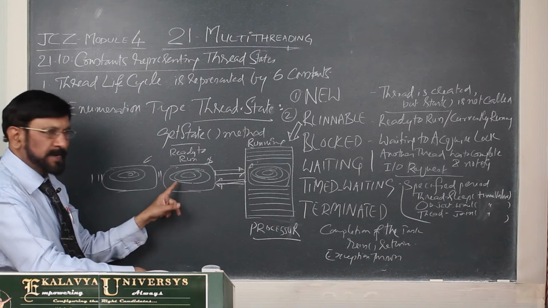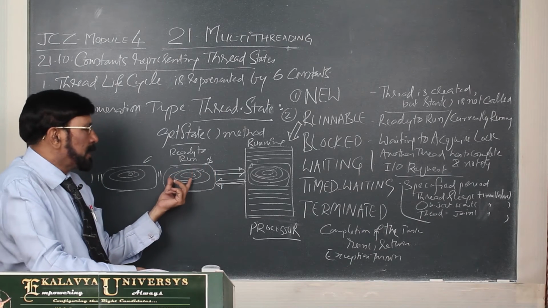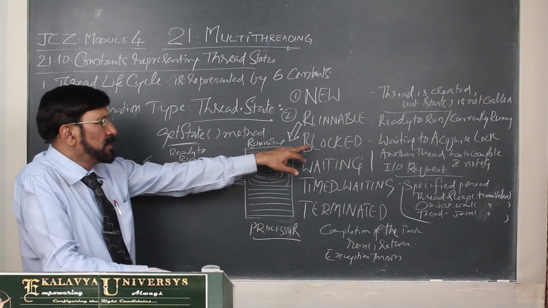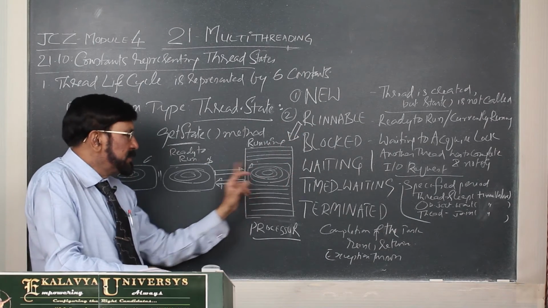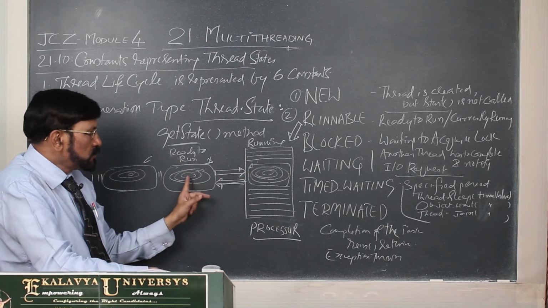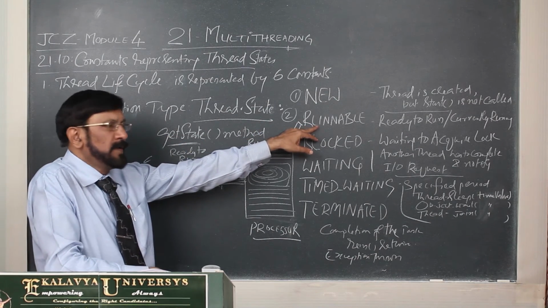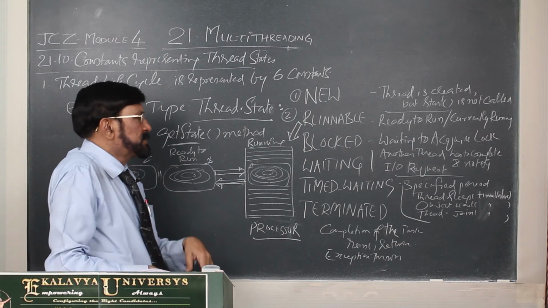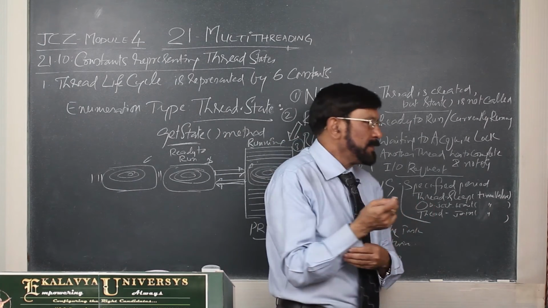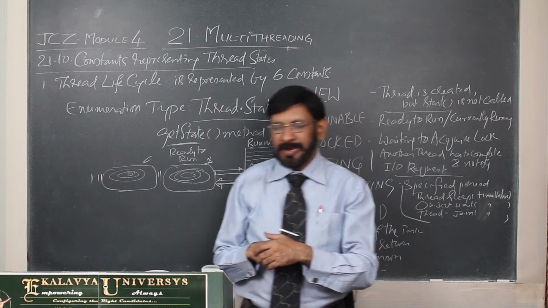So, whether a particular thread is in the running state or the ready to run state, if you use the getState method, what you get is RUNNABLE. The two states are not represented separately by the JVM. Because of that, the two states together are represented by a RUNNABLE constant. That point you have to understand. Thereafter, the third one, BLOCKED, waiting to acquire a lock.